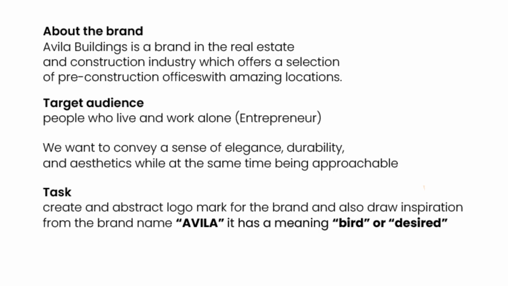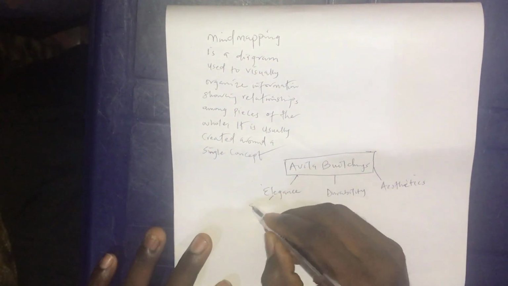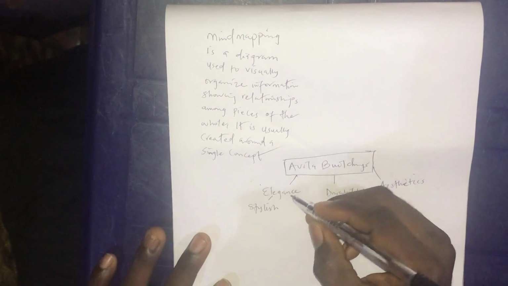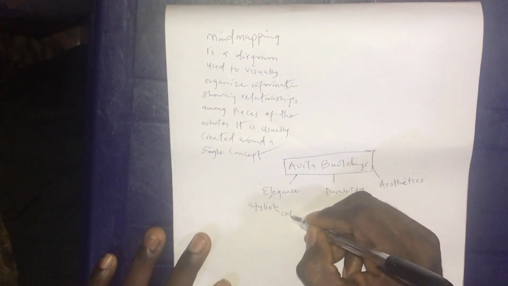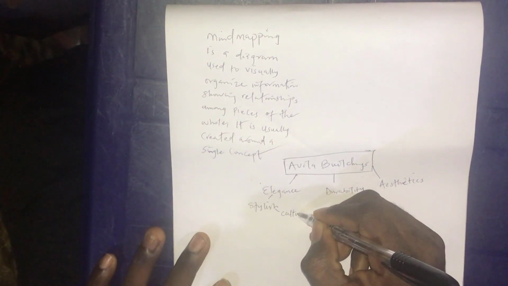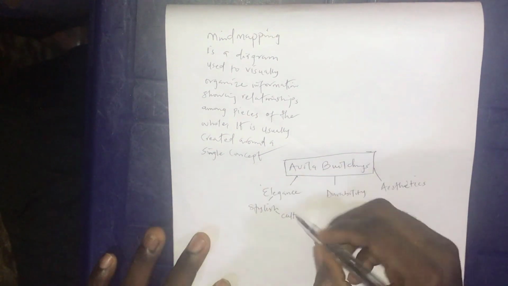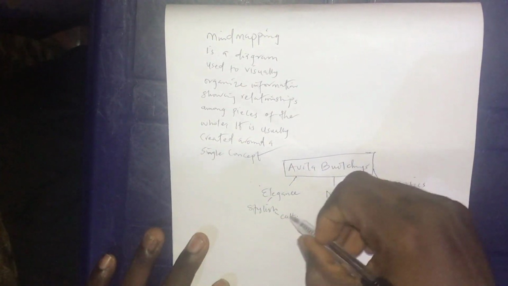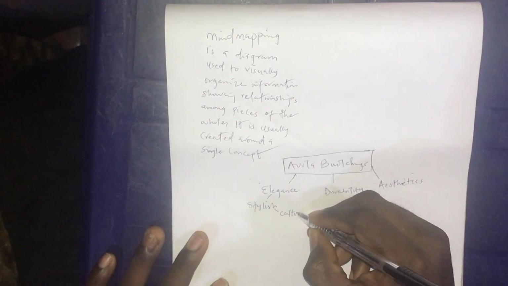So elegance. When you think of elegance, think stylish. Think cultured. If you're having difficulty with this, you can just use your thesaurus or a dictionary. Look for the synonyms of this word, not just random synonyms, but ones that relate to this particular brand. So cultured,